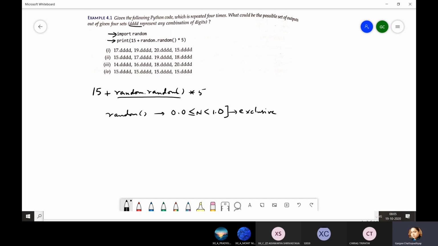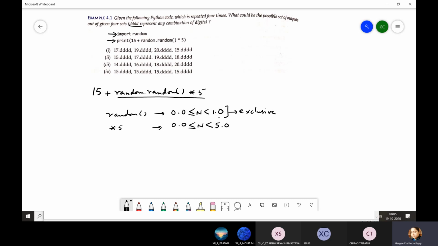Next, we will multiply this by 5. Why? Because there is a multiplication sign in between, and multiplication has higher priority than plus. So when I multiply it by 5, then what will happen? If I multiply 0.0 by 5, it will be 0.0 only. And if I multiply 1.0, that is the upper limit, by 5, it would be 5.0, where now my range has been stretched to 5.0.